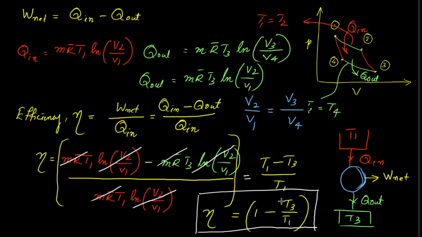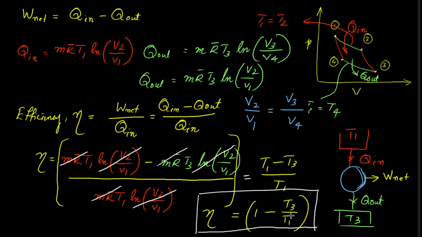So reversible engine gives the maximum efficiency. Whatever heat engines we use between this temperature T1 and T3, if it is irreversible, the efficiency will be less than the Carnot efficiency. So Carnot efficiency is the maximum efficiency we can get from any heat engine. So we can see that this will never be 100%. For it to be 100%, we have to get T3 equal to 0. So T3 equal to 0 happens only at absolute 0, that is 0 Kelvin. If temperature is 0 Kelvin, then only this 100% efficiency is possible.